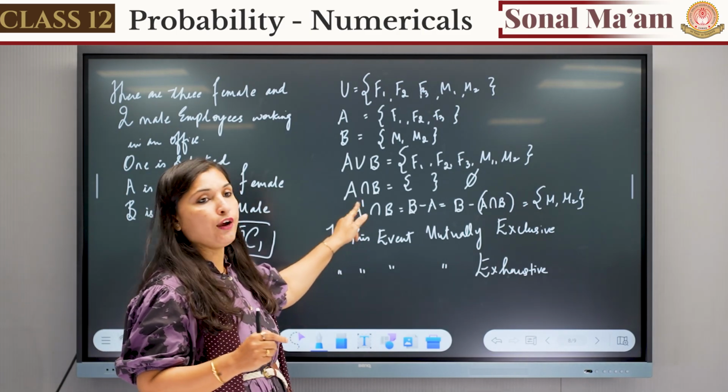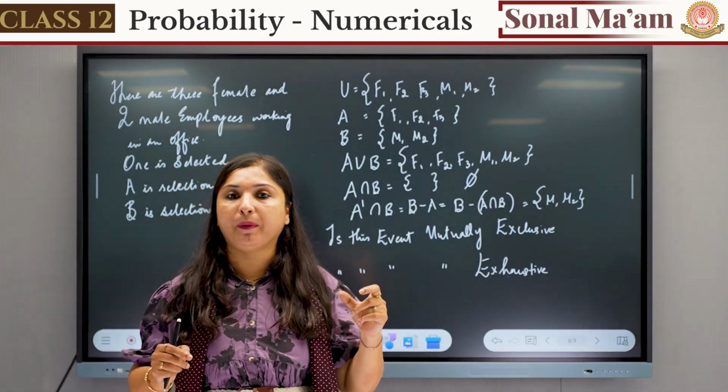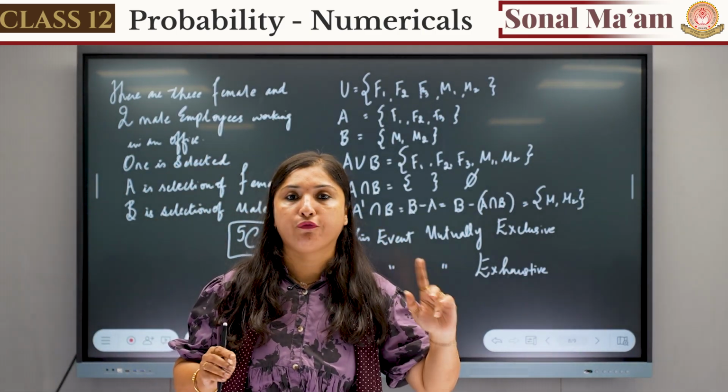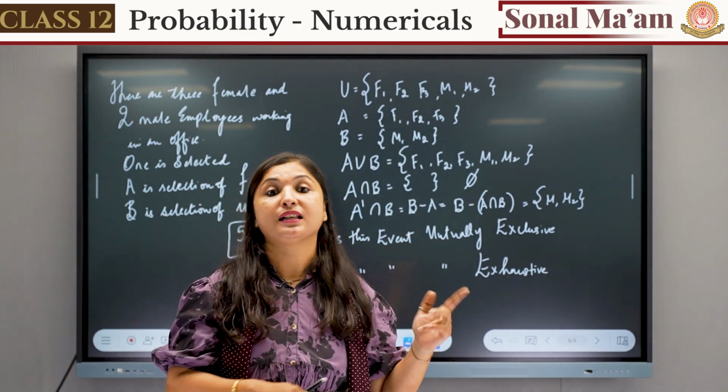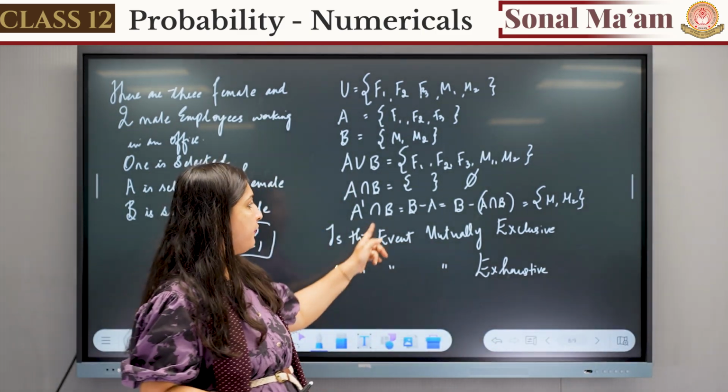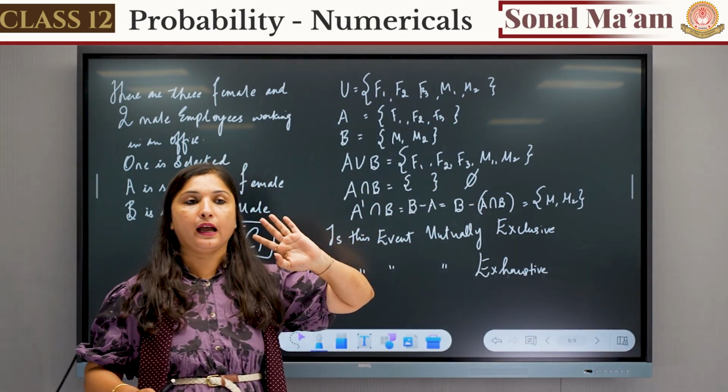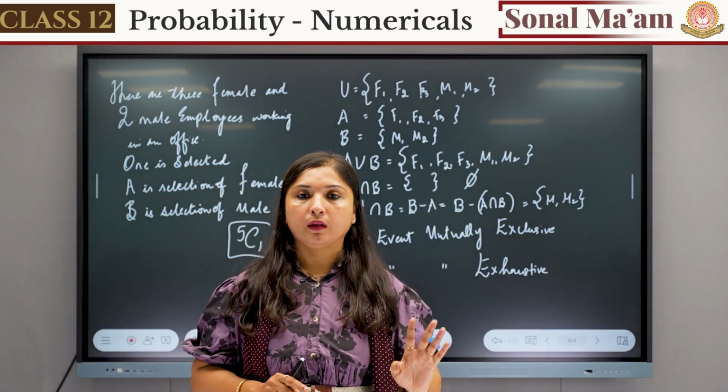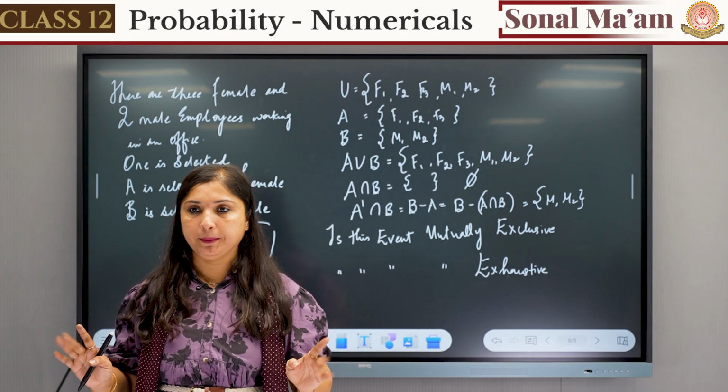Here it was written A complement. A complement, what does it interpret? A complement means we don't want A. From where? From B. So it is B minus A event. Okay, difference event B minus A. B में से निकाल दिया A को, उसका intersection भी. Is it clear to everyone?